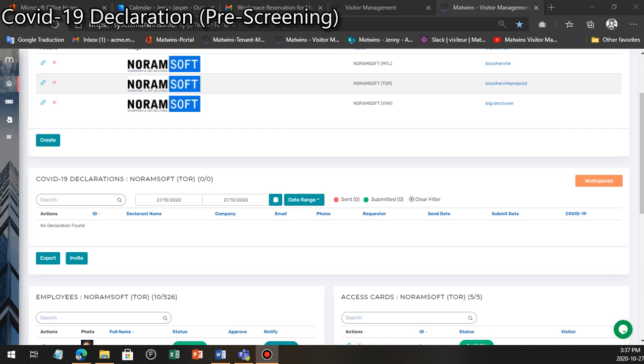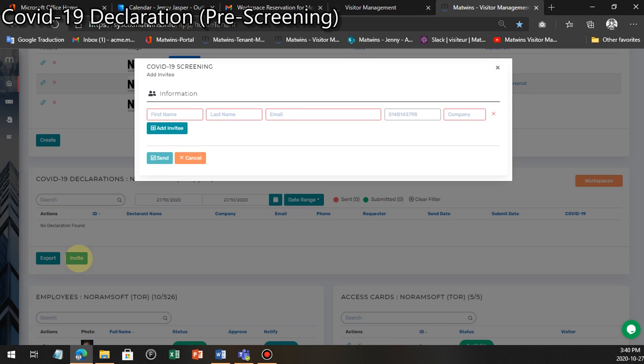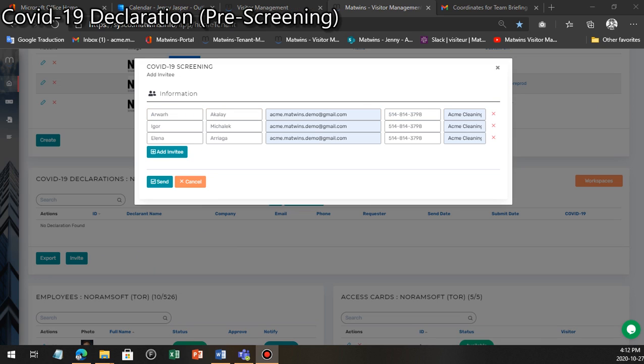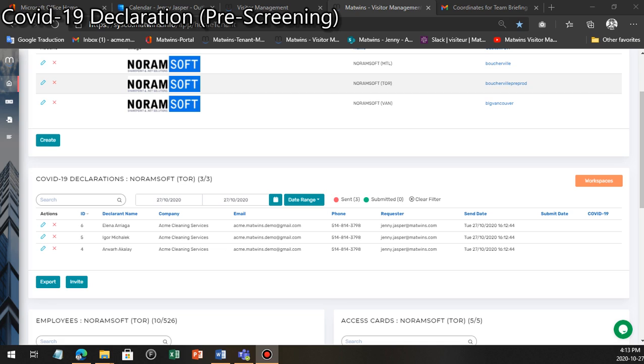If Alicia chooses to ask the reception to handle the entire process for her, she would simply ask reception to send out a pre-screening invitation, referred to as a declaration in the Matwins system, before sending an actual invitation to check in online. The receptionist would begin by clicking on the invite button and then would fill in the fields exactly like is done for the online check-in invitation. Once the list is complete, you click on Send, and the recipients now display in the Declarations panel until they complete the form through the link they have received